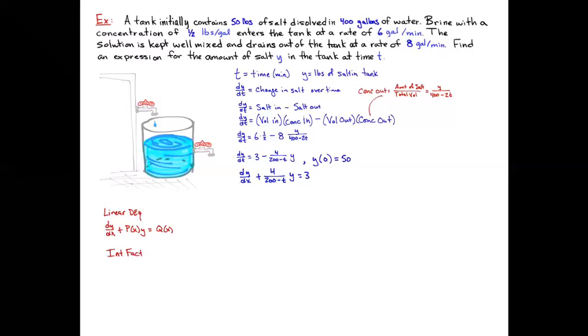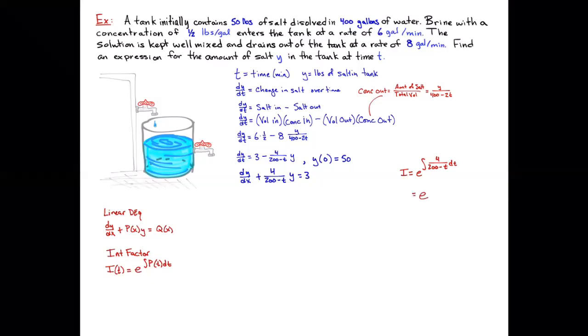And the integrating factor, I know, is e to the integral of p of x, which in this case is p of t, dt. And so my integrating factor for this problem becomes e to the integral of 4 over 200 minus t dt